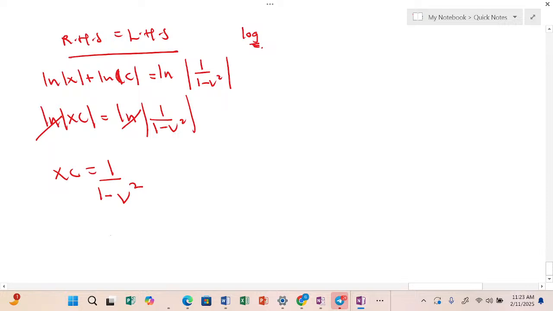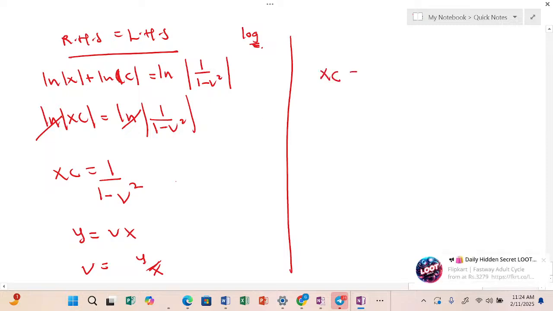But then note that y was equal to vx, meaning v is equal to y over x. Remember the substitution we effected, meaning we have to do that substitution here. So xc becomes 1